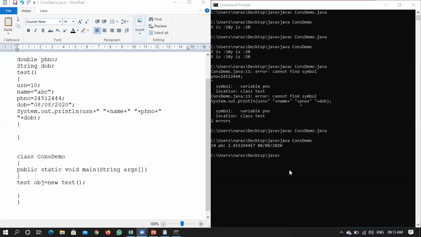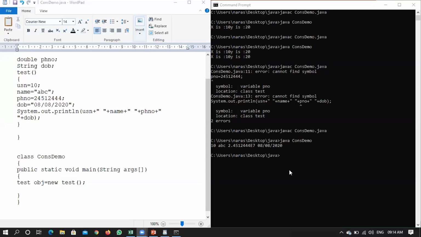It will be called when you are creating an object, right? What is the purpose of it? It can be used to initialize instance variables. So this particular example gives a clear support to the statements I have made.